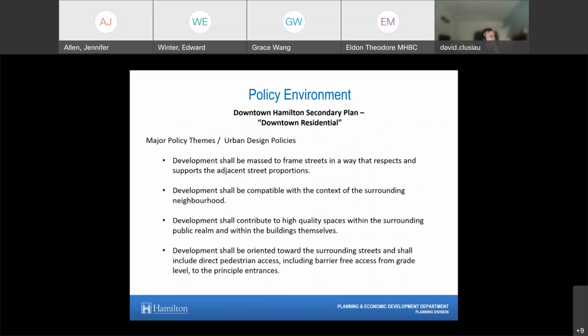Development shall be compatible with the context of the surrounding neighborhood. Development shall contribute to high quality spaces within the surrounding public realm and within the buildings themselves. Development shall be oriented towards the surrounding streets and shall include direct pedestrian access, including barrier-free access from grade level to the principal entrances.